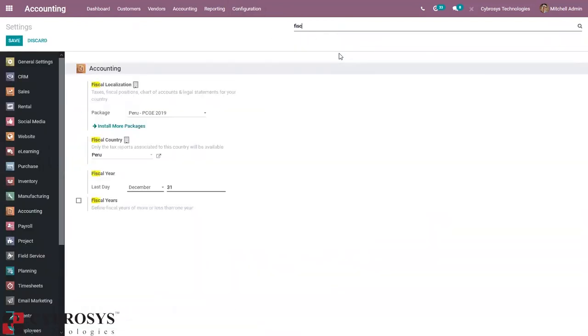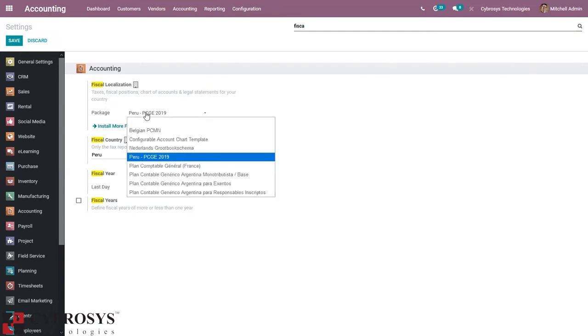When you search for fiscal country, you can see Peru is automatically set as the country. So the tax reports associated to this country will be available. Then we have to set the fiscal localization, that is, taxes, fiscal positions, chart of accounts, and legal statements for your country will be configured according to the package that you have set here.